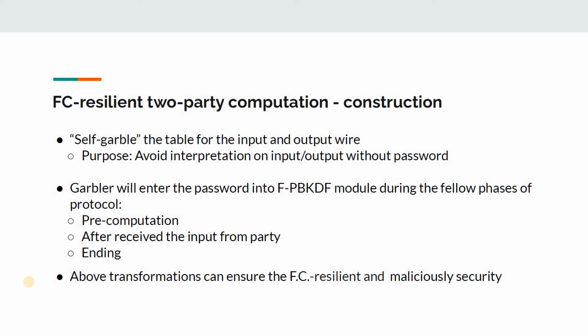PBKDF. For the output, NOT OP gates are added by the garbler. For the output label, this will be chosen by using PBKDF again pseudo-randomly. Afterwards, all matching of wire labels for in or out bits will be deleted. And next is the phase after we receive the input from the party, we have the resulting value with the